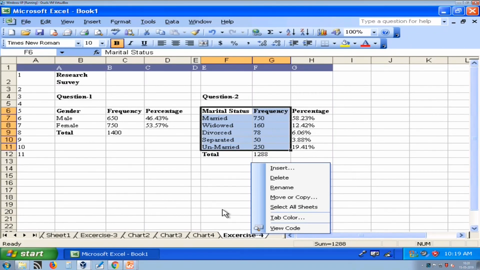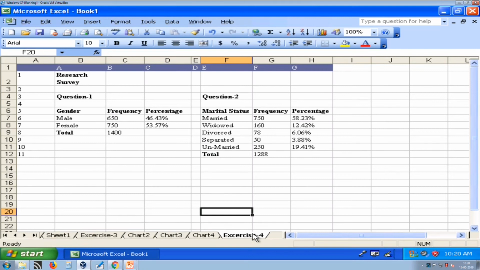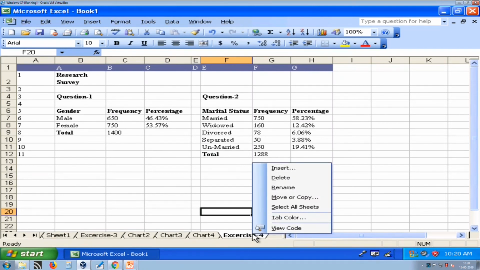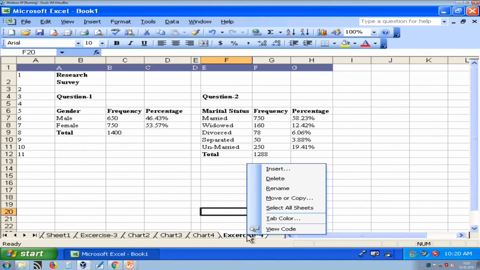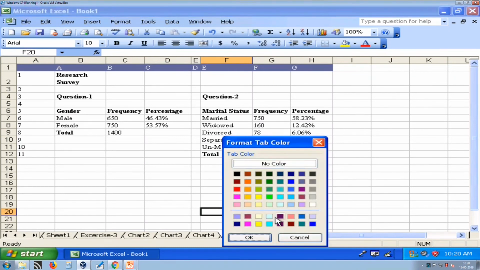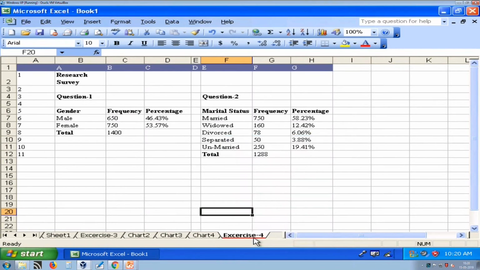So, to give particular color to sheet or tab, just right click on particular sheet that you want to apply color and select tab color. So, for example, I want to use this color.